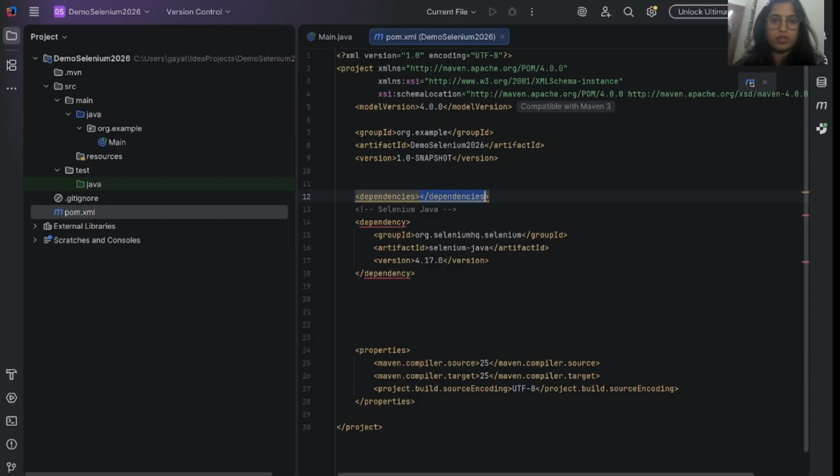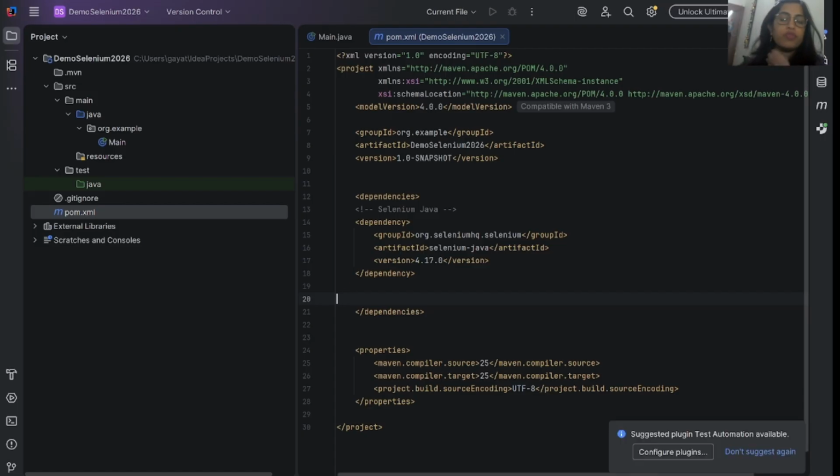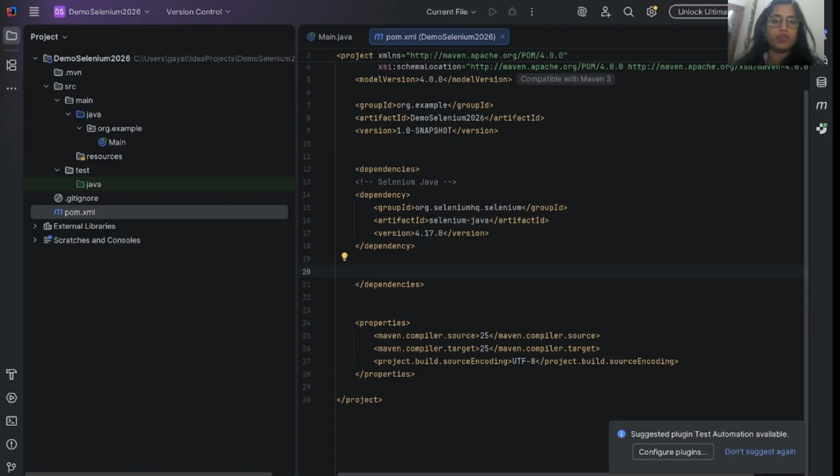Now let's copy this. These individual dependencies come under the dependencies tag. So we have pasted successfully. Now let's reload our Maven project, or refresh our Maven project. It's going to refresh here, successfully refreshed.